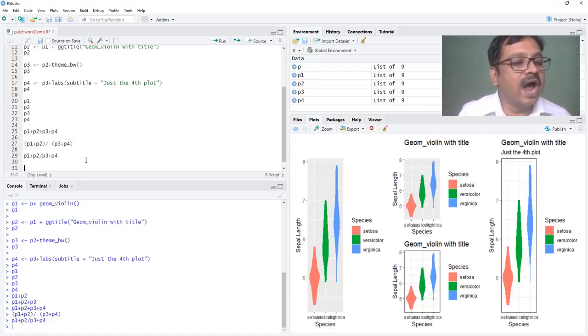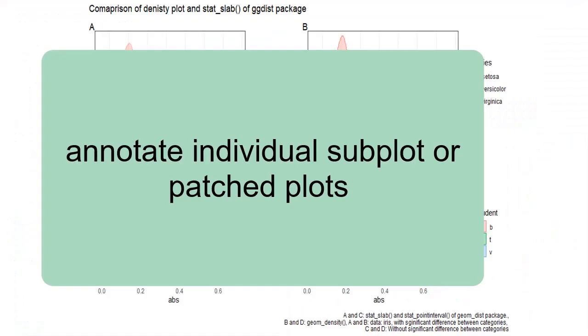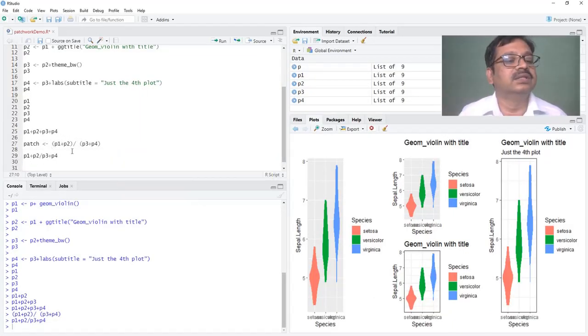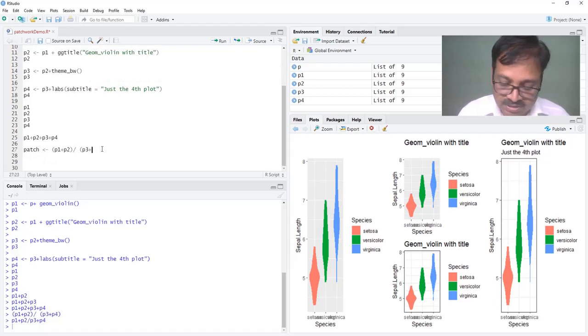We will go on to annotate all of this together. I will give it the name patch, assign it the plot object, the patched object, and to this I will add annotation. We'll remove this P3 plus P4.